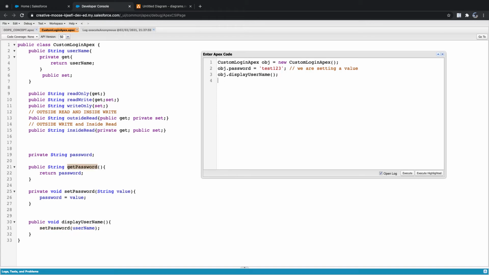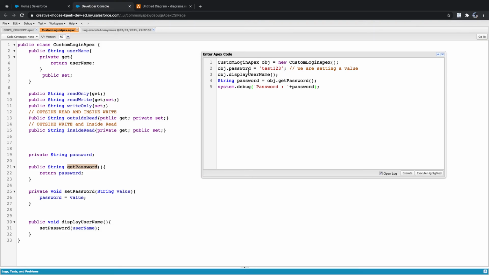See, string password equal to obj dot, right? I can get, now I can print system dot debug password equal to password.